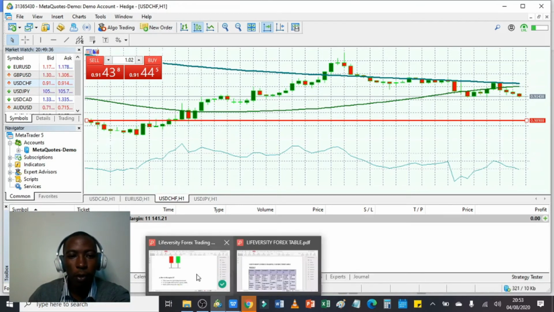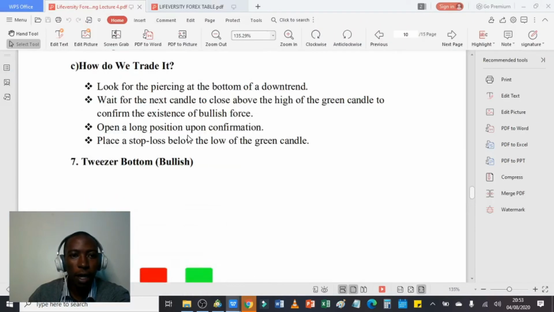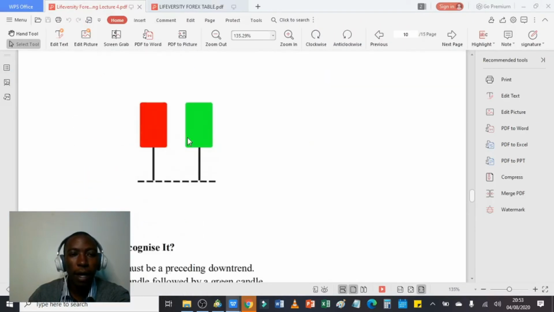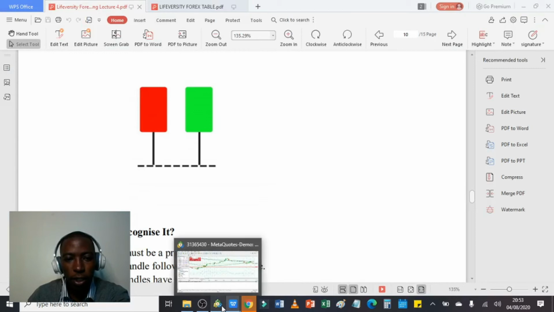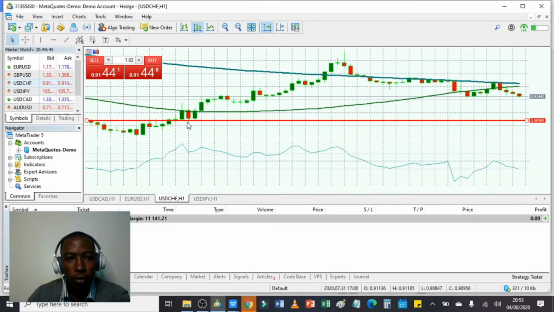It is a bullish Japanese candlestick pattern indicating buying pressure, and as you can see in the chart, the moment the tweezer bottom was formed, the price kept going up and up until it broke this line, that is the 50-hour moving average, and went further to break the 200-hour moving average. So this tweezer bottom here, the green and then the red candle, or the red candle and the green candle,